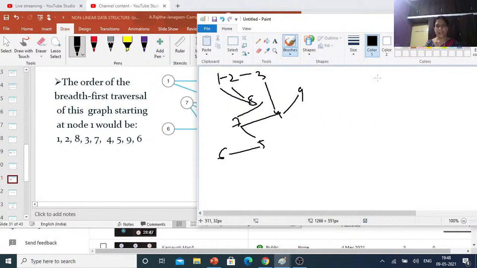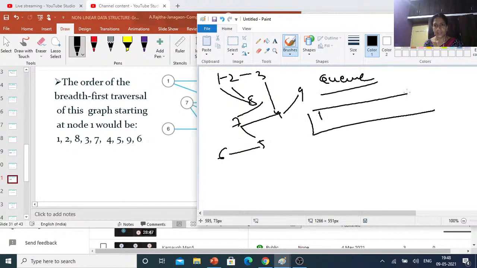So for this breadth first search, use the data structure as a queue. Okay. Now from 1, you can choose the starting vertex as 1, and next mark it as visited. Now output is 1, remove this one.